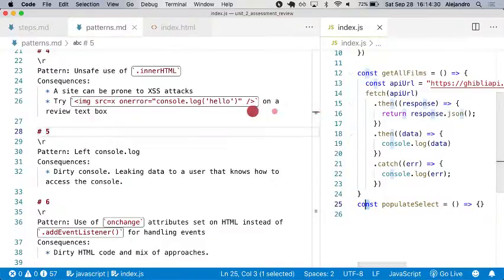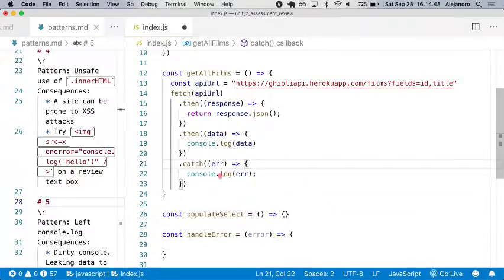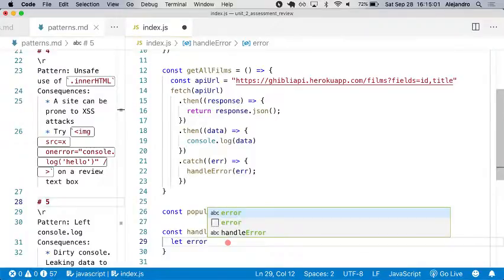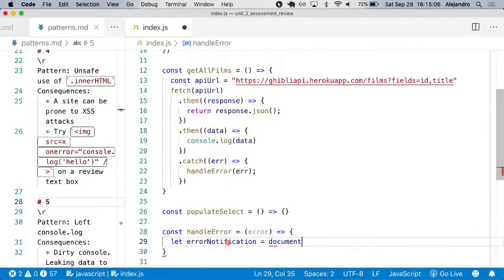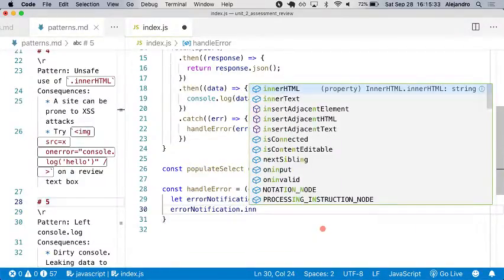You know what? Let's do this, so I don't say something and then not do it. Let's do handle error. I'm gonna create this function that I'm gonna call. It's gonna receive the error here. Instead of console logging the error, I'm gonna say handle error. What this function is going to do is create a paragraph. Let error notification equal document.createElement, a p tag, and then error notification dot inner text is equal to,